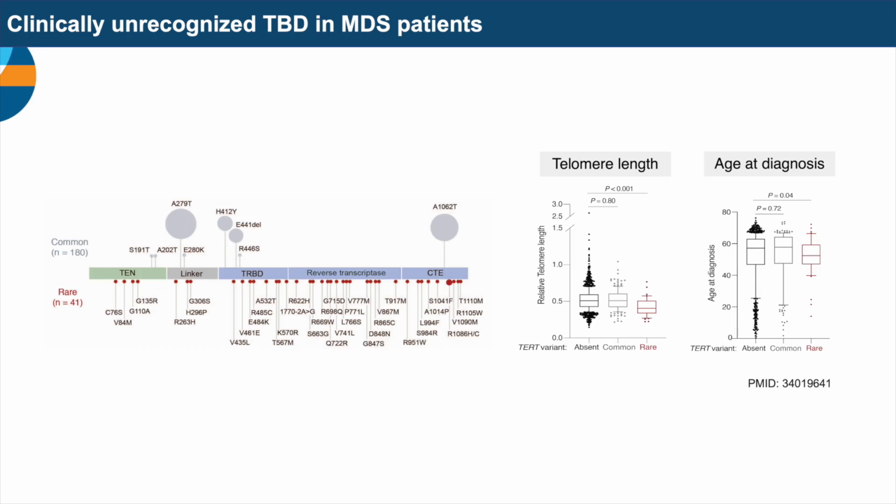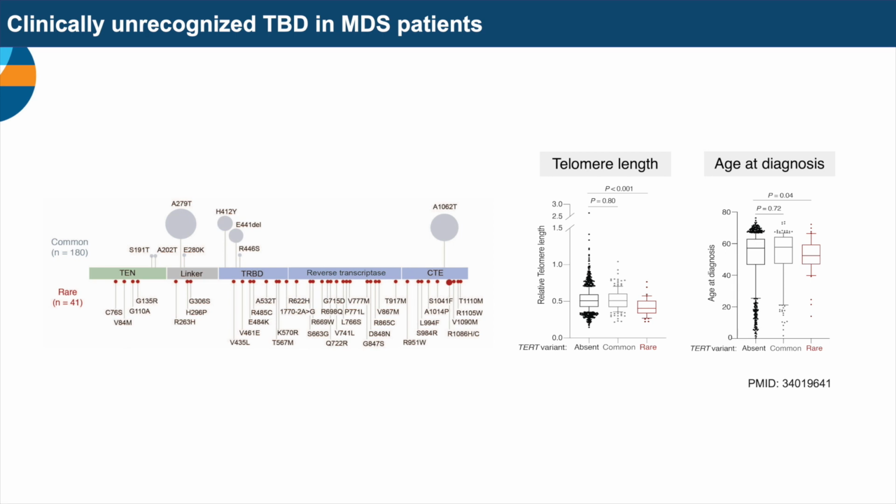And one of the other things I'd like to mention to this group is how often we are actually encountering patients that have clinically unrecognized telomere biology disorders. And so we did a study a few years ago where we took a different approach. We said if we looked at all patients with blood cancers, one particular one, so if we looked at all patients with myelodysplastic syndrome and asked the question, what proportion of these patients have a clinically unrecognized telomere biology disorder?